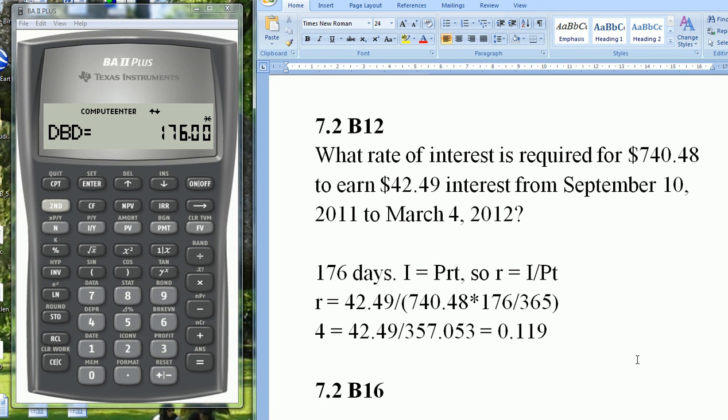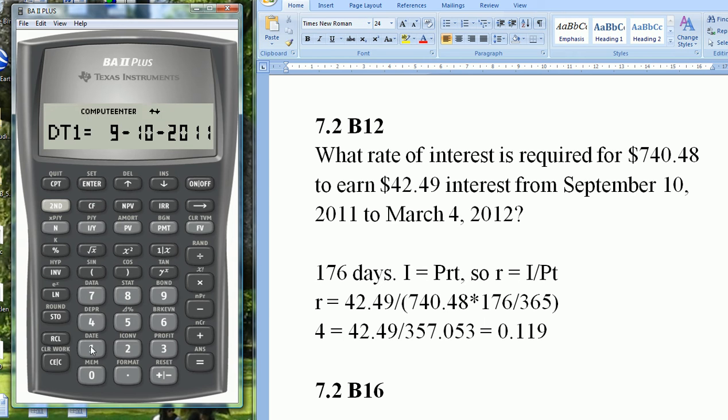Okay, I'm going to go through 3 questions now from chapter 7. The first one is requiring us to calculate a number of days, so days between. So go to the calculator and then go to second